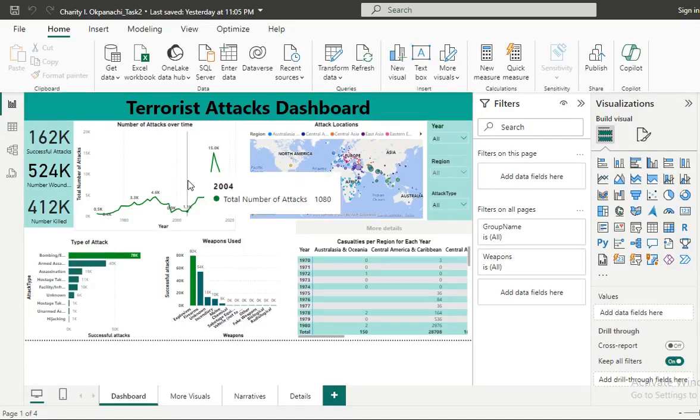Of course, I imported the data into Power BI and used Power Query to clean the data and get it ready for visualization. Here we have the total number of successful attacks, the total number of people wounded and the number of people that were killed. This is successful attacks over the years, and from here you can clearly see that the year 2014 had the most